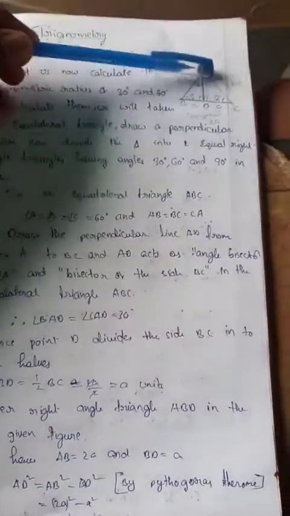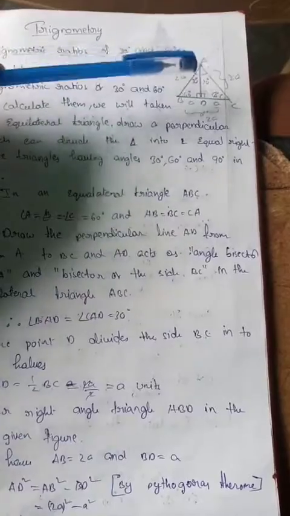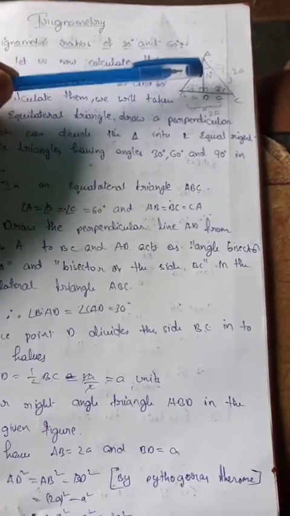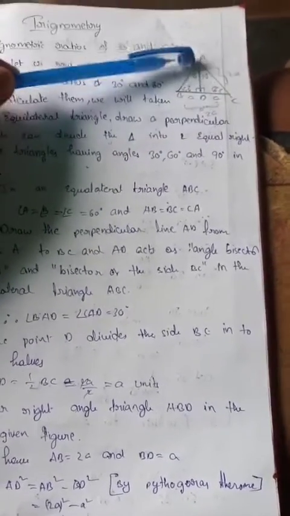After that, here 60 degrees, that's why it is halved, and here is 30 degrees and here is 30 degrees, and it is a perpendicular bisector. That's why here 90 degrees. 90 plus 60 plus 30 equal to 180. That's why it's a right angle triangle. Do you understand, guys?